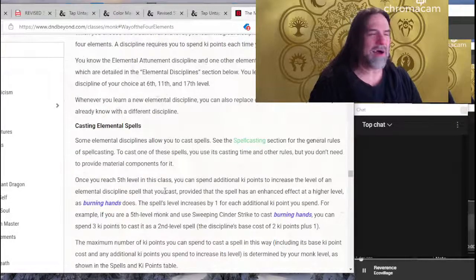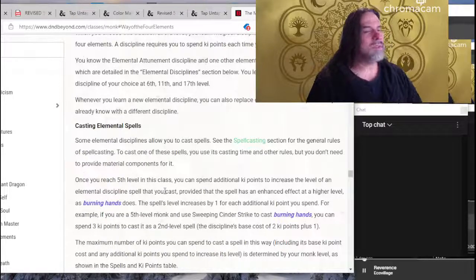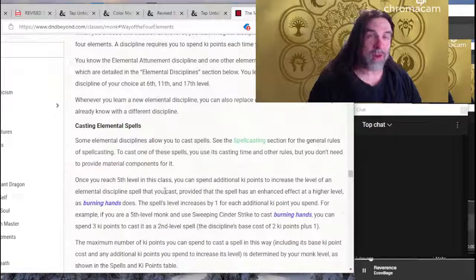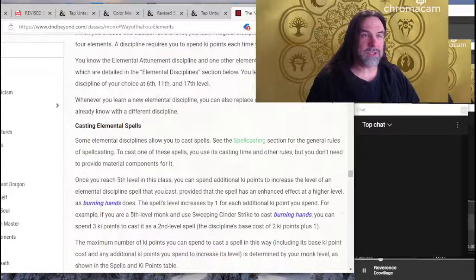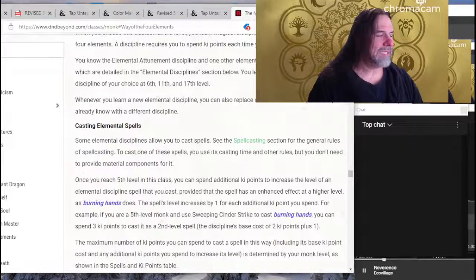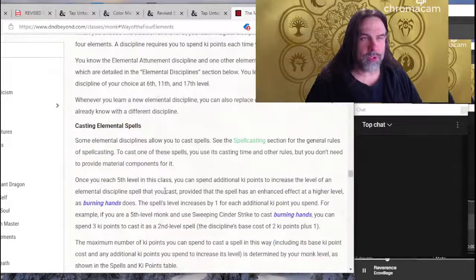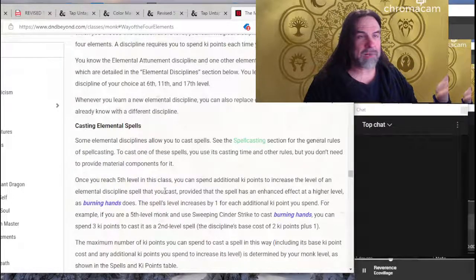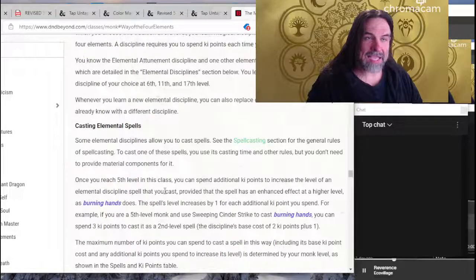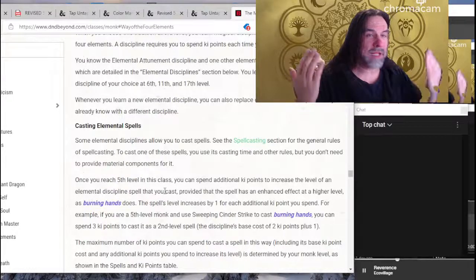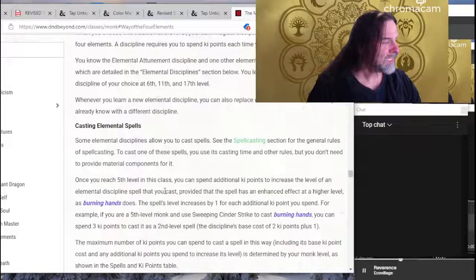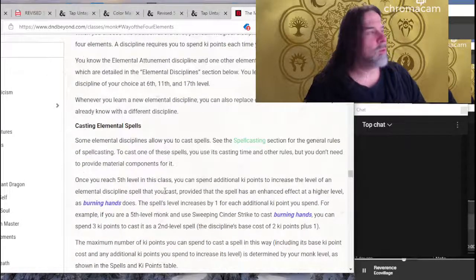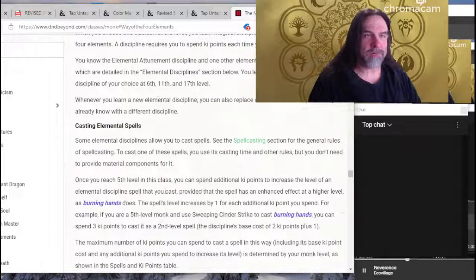And the monk is the complete opposite. Almost everything in the monk relies on its key pool, which is a short rest resource. So at best, you're getting 1 key per level, and most of these things cost a ridiculous amount of key to cast. So you are quickly burning through your key, and you're either choosing to be a generic monk, or you're choosing to act like you are part of the Way of the 4 Elements, but you can't really do both. It's very restrictive. So one of the things that we have done with this book is we've opened up